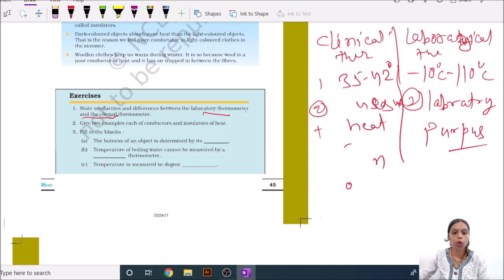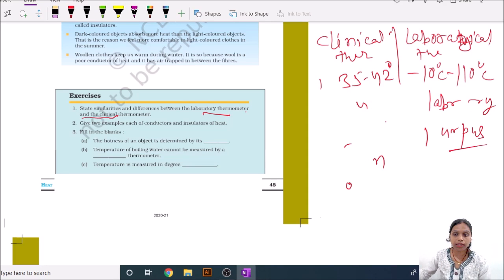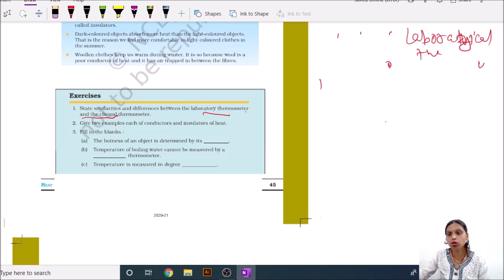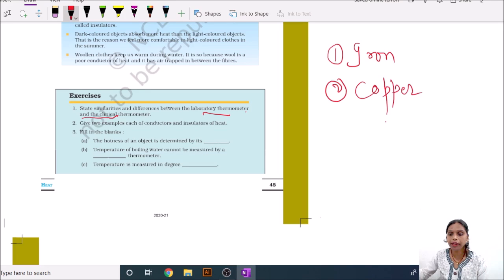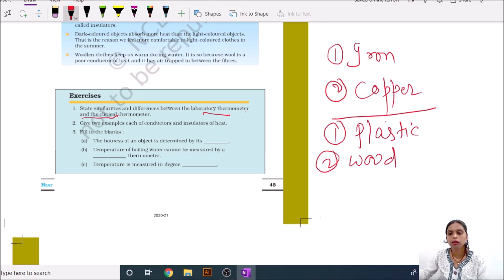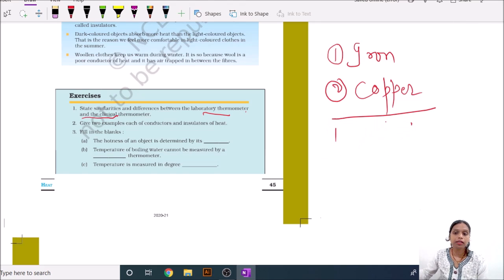Okay, now another question is here: give two examples of conductor and insulator. I have already discussed with you substances that are conductors. First is iron and second is copper. Whereas insulators are plastic and second is wood. Okay, then it is an example of